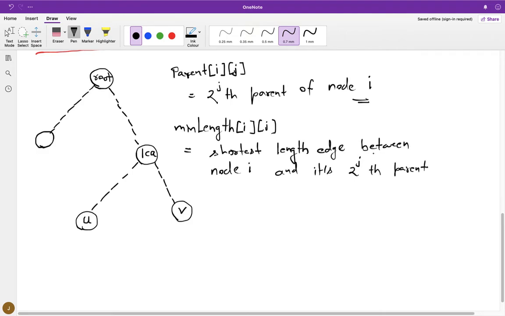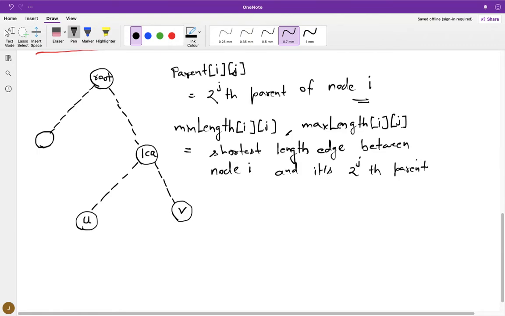And we are going to keep track of another thing, max length, which is similar, but max: max length[i][j] will keep track of the longest length edge between node I and its 2 power jth parent.